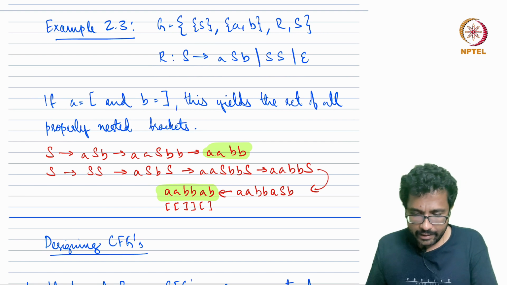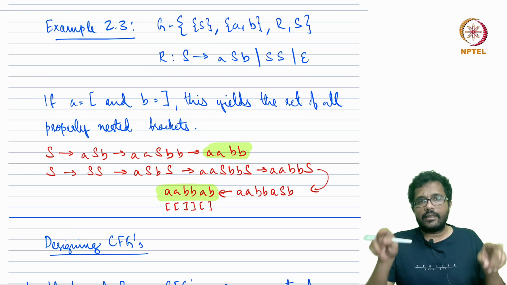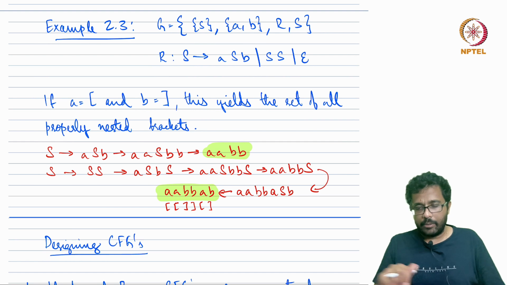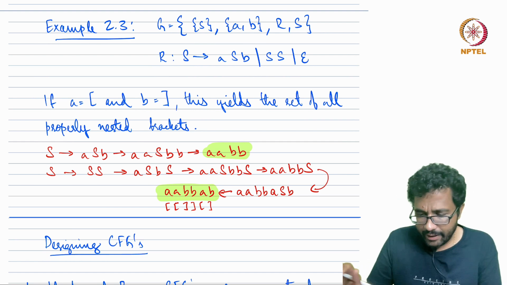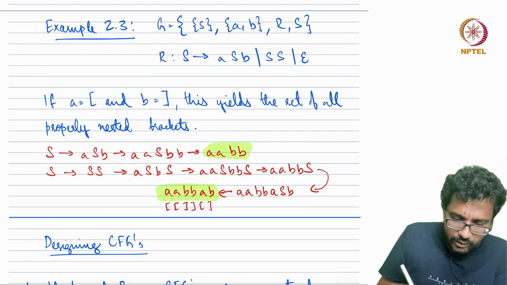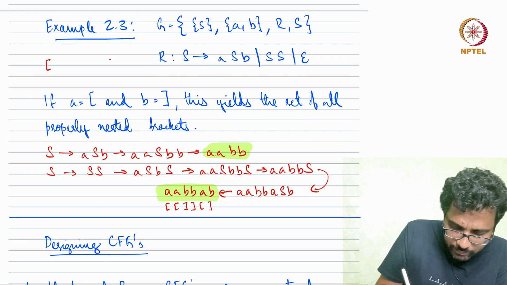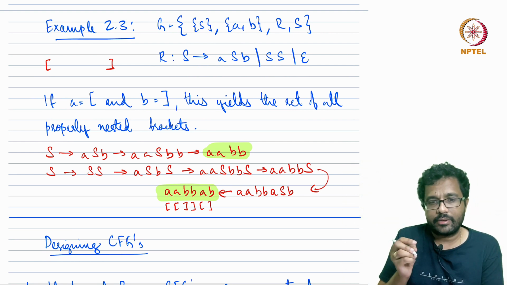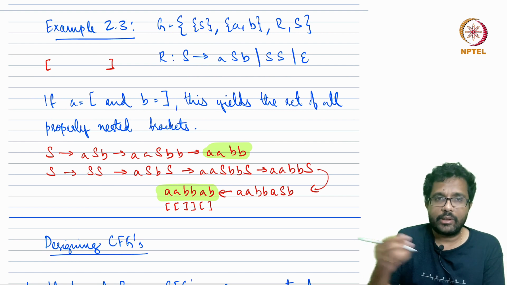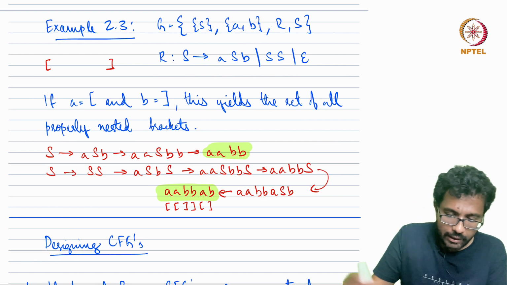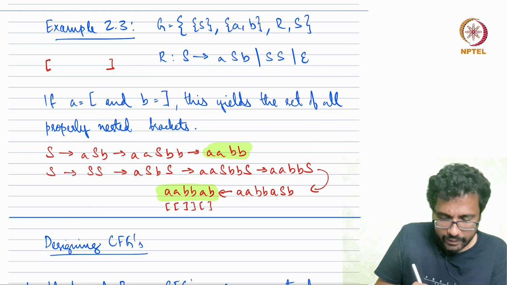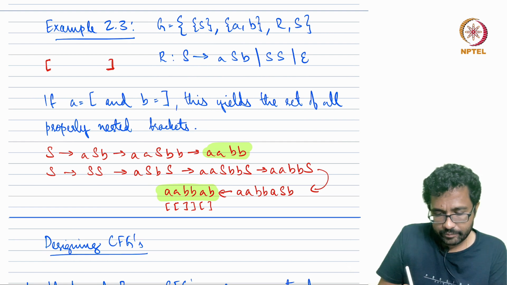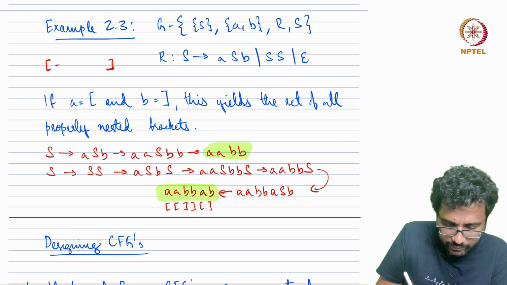And in fact, any string that consists of properly nested brackets can be generated using this grammar. So the high level idea is the following. The string starts with an open bracket; you cannot start with a closed bracket, because then it is not properly nested anyway. If the partner of that open bracket is the very last symbol, and the rest of the string is something in between,